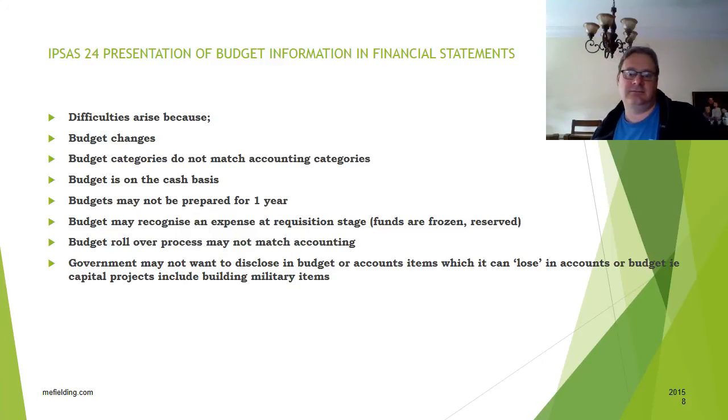And so does that mean we have to change our financial statements to go back and try to explain to users of accounts what purchase orders raised but not processed and not delivered yet are? I mean, it's an absolute nightmare. The budget rollover process may not match the accounting, so therefore,